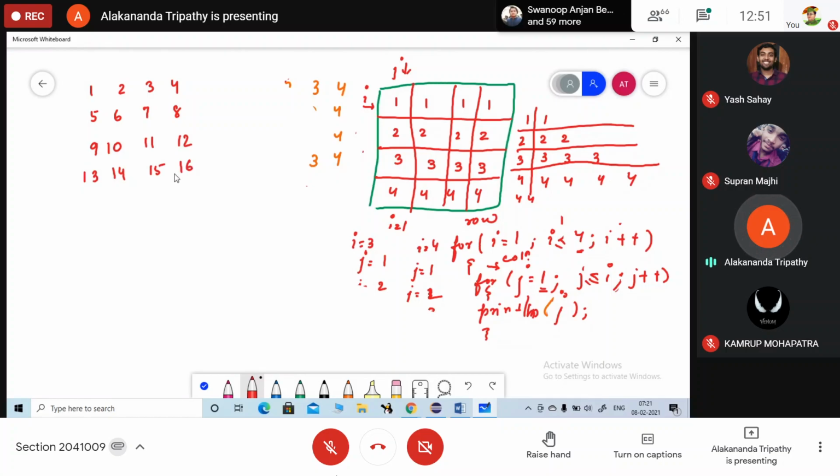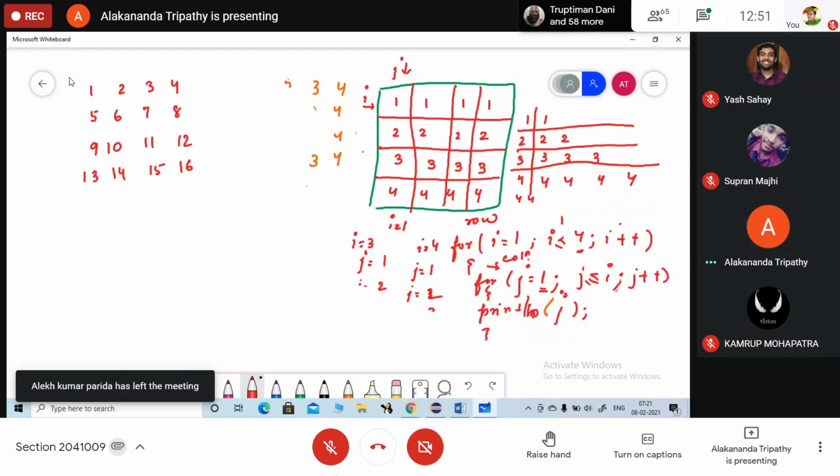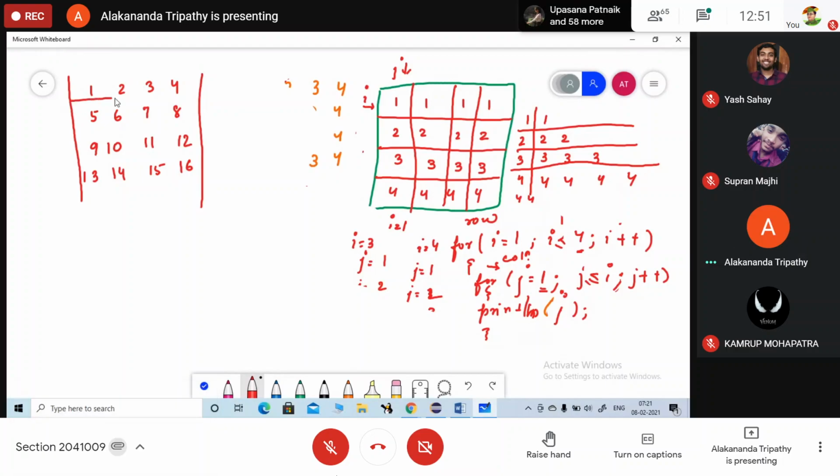How to print this pattern? Ma'am, we will declare another variable as 1 and then increment it again. Very good.